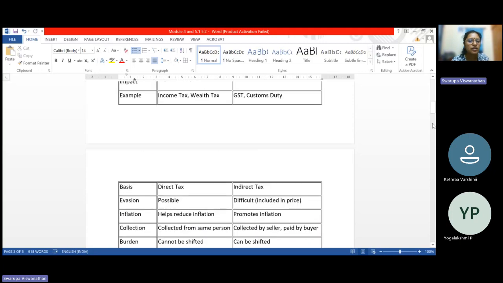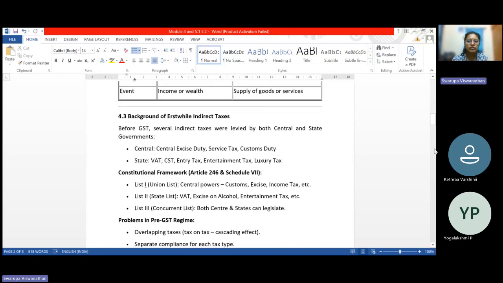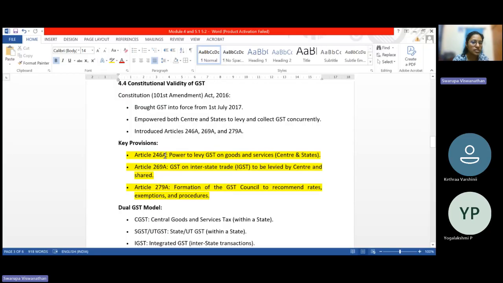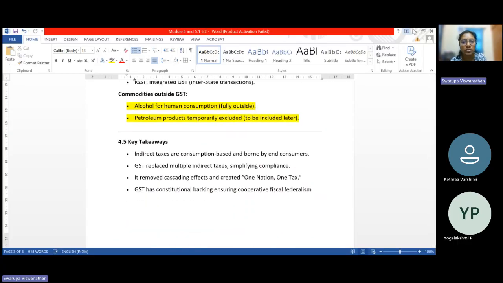Okay, these are one-pager notes that can help you to just prepare the day before exam. Like what all the lists are there in Article 246. Then you will have key provisions 246, 269, 279. At least it will help you with the MCQ part. Okay, so you don't just trust these notes and just don't study only this. You have to stick to your book. But these notes will help you just the day before exam when you're preparing, you can prepare based on the notes. Okay.